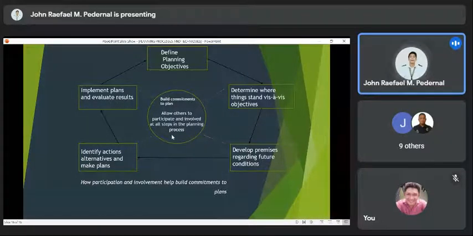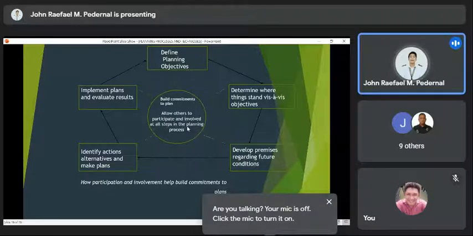Para siyang, isipin na lang po natin na isa siyang hapagkainan na isang buong pamilya na yung mga miyembro ay kasama na nag-uusap to define yung mga goal nila sa kanilang pamilya. Ganito din po yung pinapakita nitong participation and involvement. So yung pinakasentro, allow others to participate and involve at all steps in the planning process.